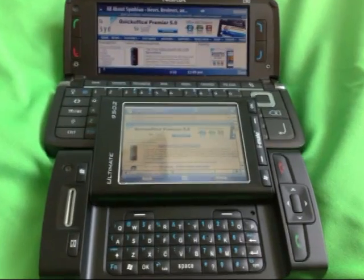Another show, yet another exclusive. This time it's from the Windows Mobile camp and it's the Ultimate 9502. Big and black and metal. It reminds me an awful lot of the Nokia E90 in terms of its purpose and its feel in the hand. It's also got a spec to die for,